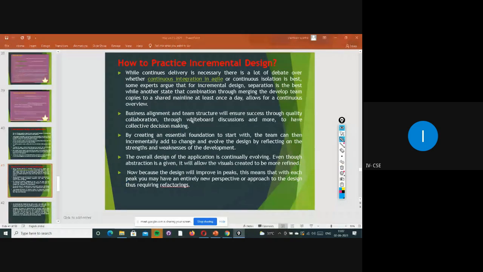And whenever we want to make changes, most probably the overall design of the application does not change continually this much, because the design will be improving at peaks. Whatever requirements and analysis we gather, at peak time they will work on that, adding new perspectives and changes.